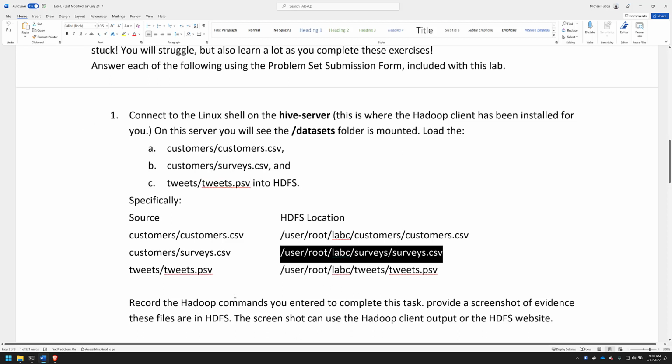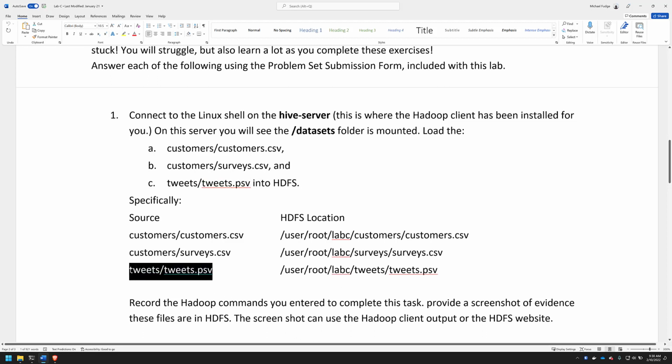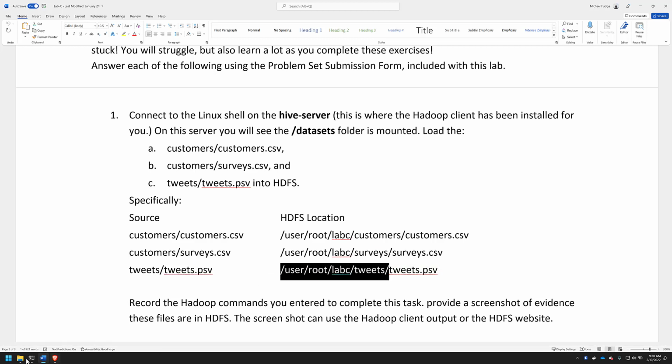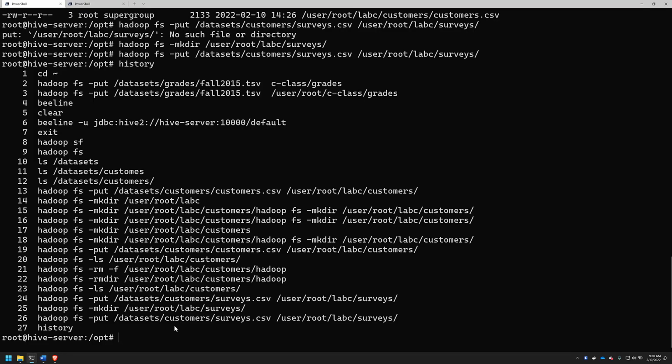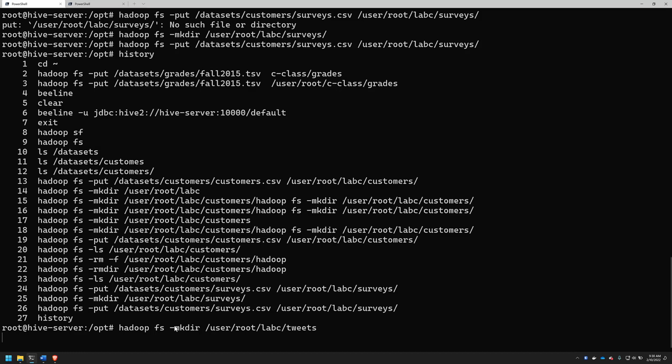So question number 1 here, we have to put the tweets up, and we need to put them in this target location here. Okay. So now I know I'm wise. First thing I need to do is make the folder. So Hadoop fs mkdir /user/root/labc/tweets. First make the folder because I've learned the hard way, and now I can do a put to move the file, to copy the file, put, and then it's datasets/tweets